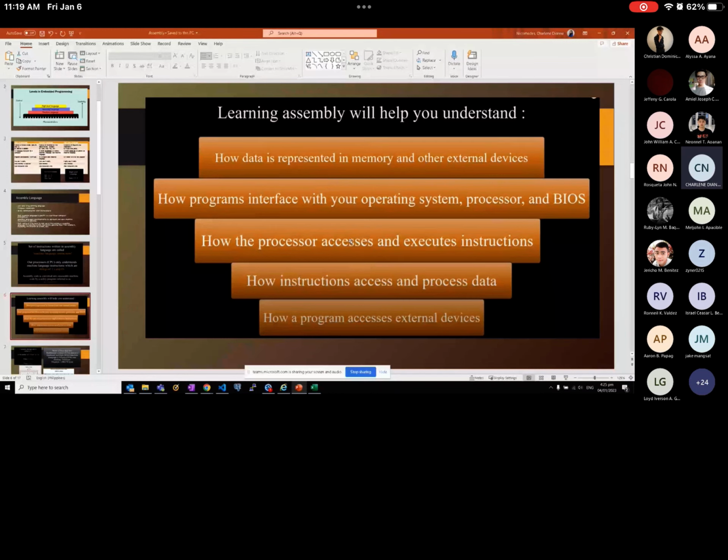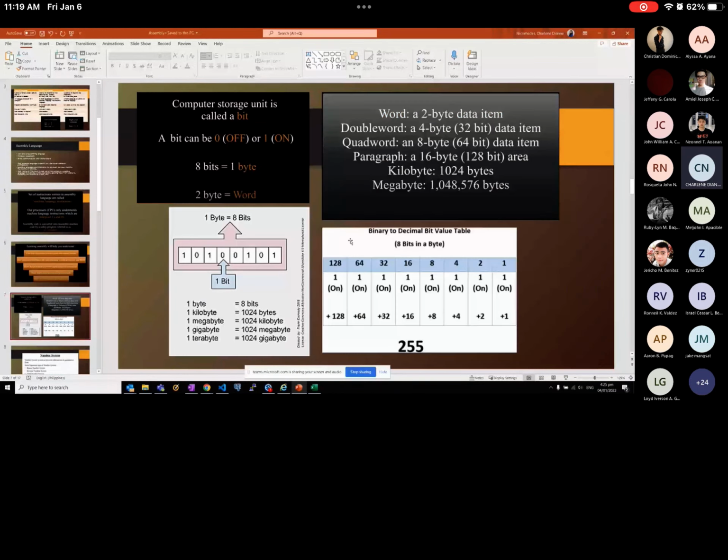So, alam natin na ang computer storage unit natin is tinatawag na bit, or yung 1 and 0, or on and off. Tapos, yung isang byte is merong 8 bits, tama? So, yung 1 bit is base 2, so either 0 or 1. So, 2 raised to 8 is equals to 256, or 0 to